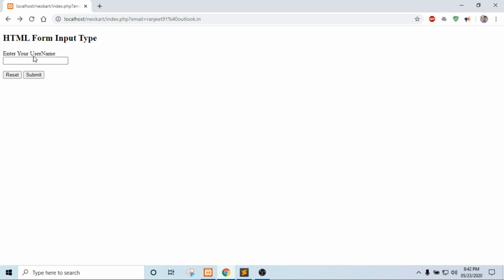Here you can enter a username, any name. If you click on reset, it will be reset. So this is the functionality of reset. If you insert any value, it would be reset. That is the meaning of the reset button, and this is the submit button.